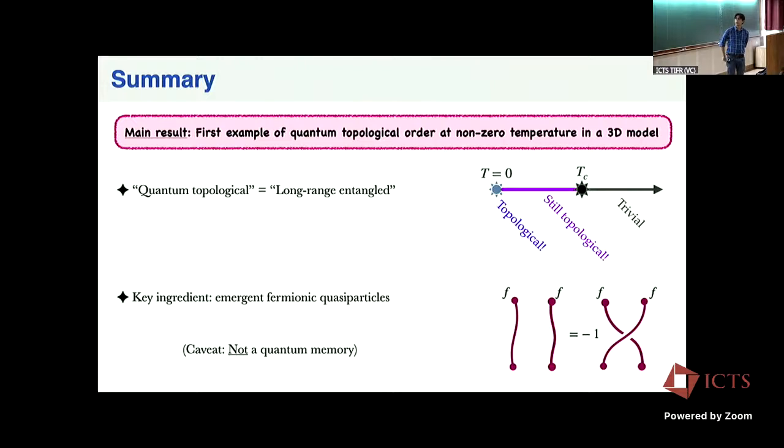And there is also an important caveat, which is that there are different ways you could define finite temperature topological order. One is this entanglement definition that I just gave. But another thing that you might want is a system that is a passive quantum memory. And I will define more carefully what that means, but it's something that is able to preserve quantum information in its thermal state. And this will not be achieved by our example, just to preempt some questions.